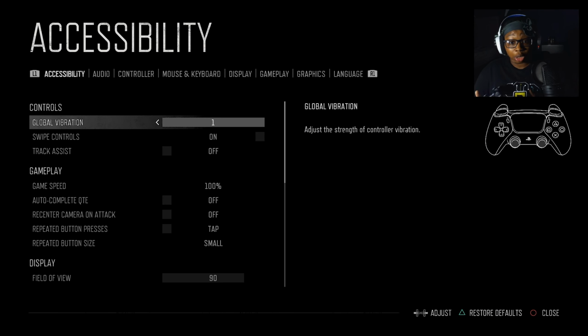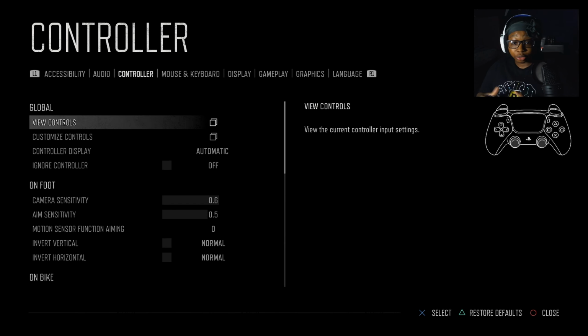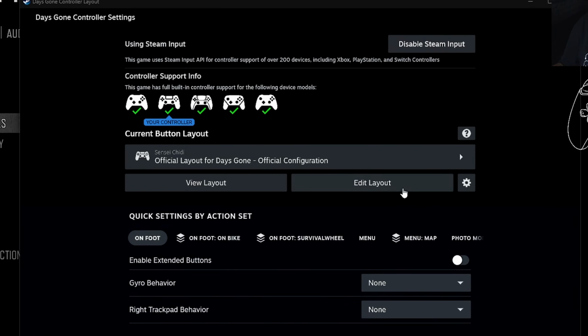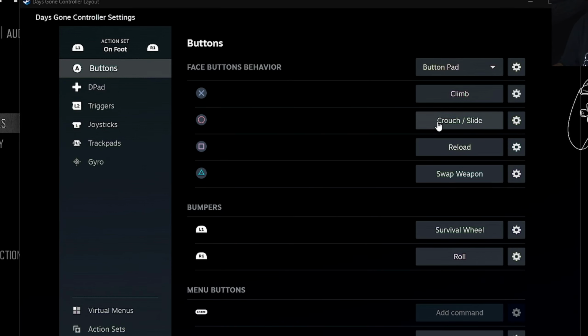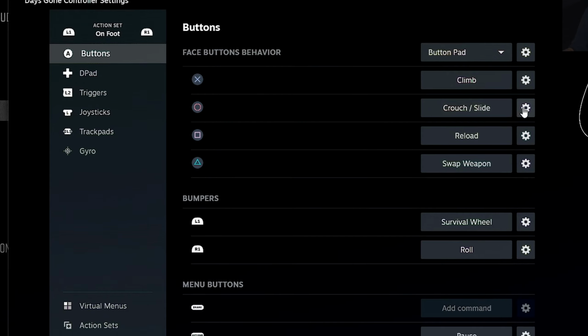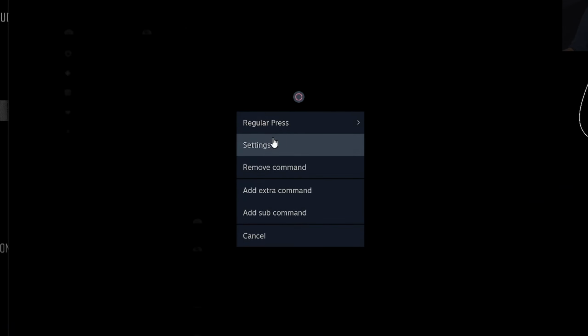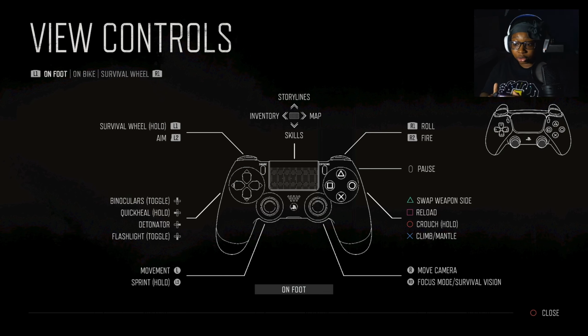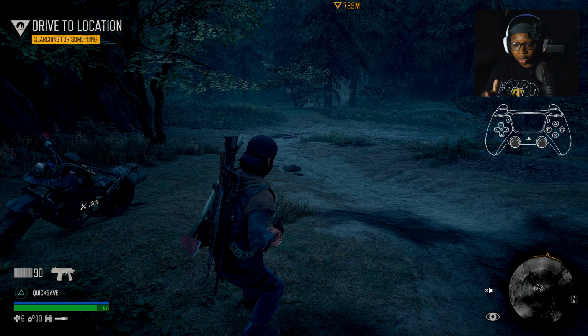First method is to go to options. You can do this within Steam or within the game. All you gotta do is go to controller, go to customize controller, then this pops up. All you gotta do is click on edit layout, go to crouch and slide, which you should be on foot, by the way, on foot. You click the gear icon next to crouch/slide, then go to settings, then right here where it says toggle, you turn that on. And then when you go back to view controls, it will still say crouch hold, but when you play the game, when you crouch,